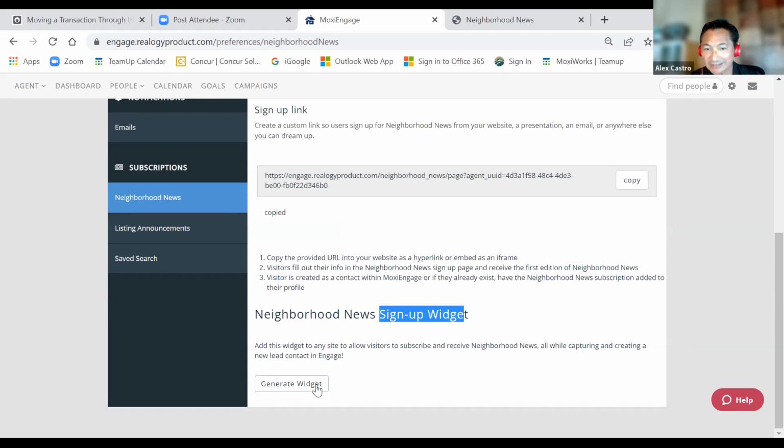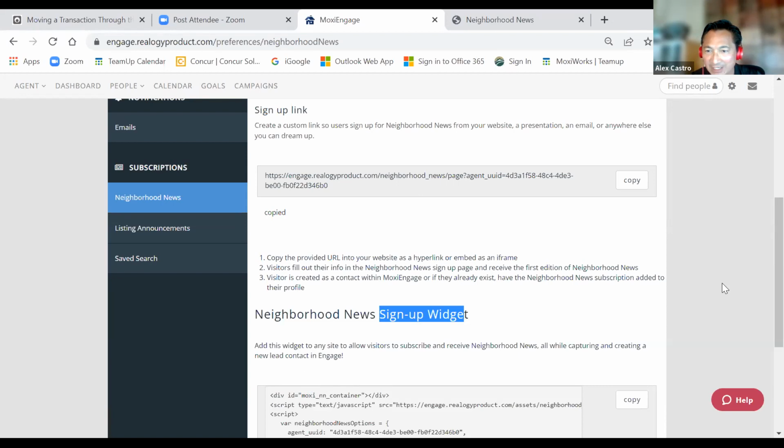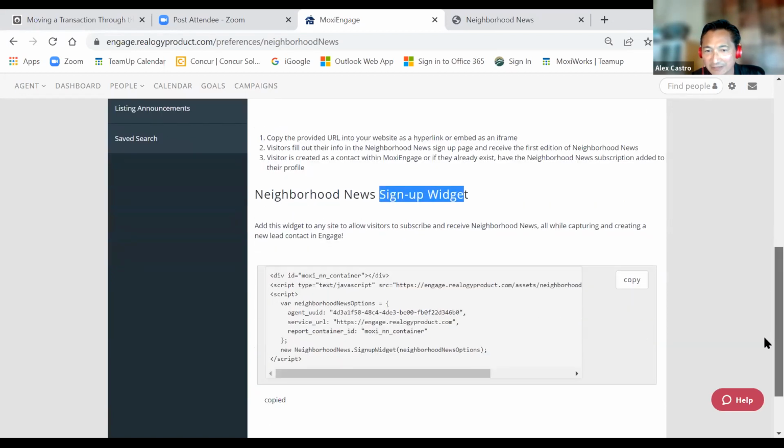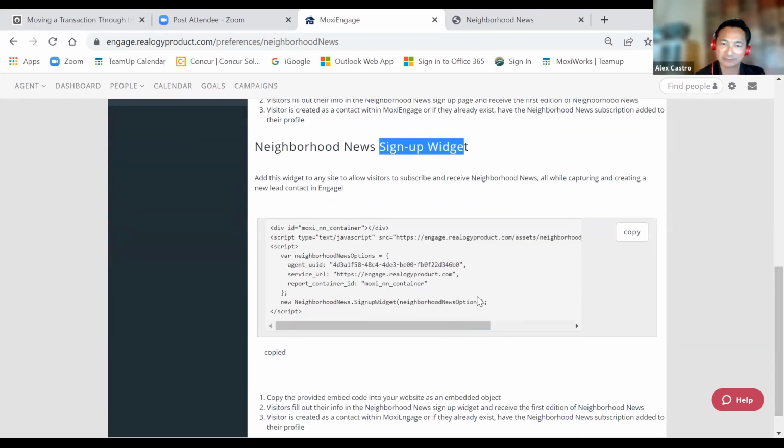Guess what? This is kind of like the same thing, right? Add people through my sign up widget of neighborhood news, and here, generate widget. I'm going to go ahead and click on that. Click. And not to scare anybody, but here is that, I'm not sure, this is HTML code, right,